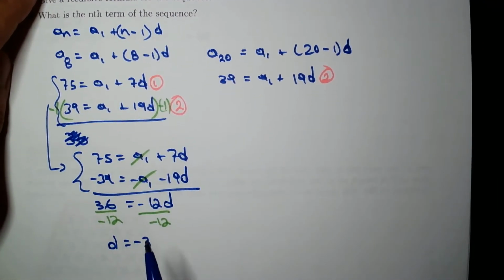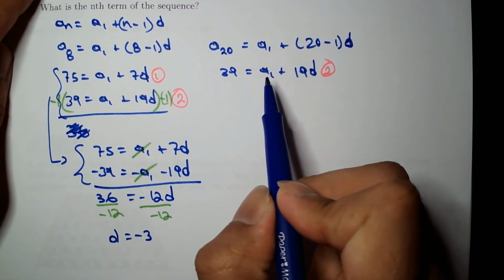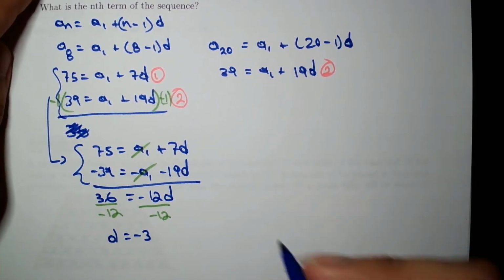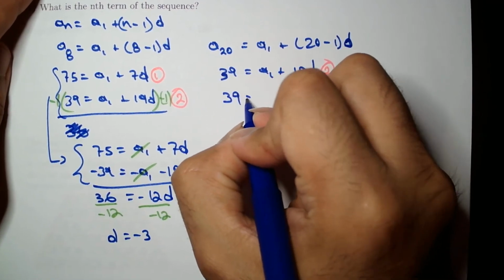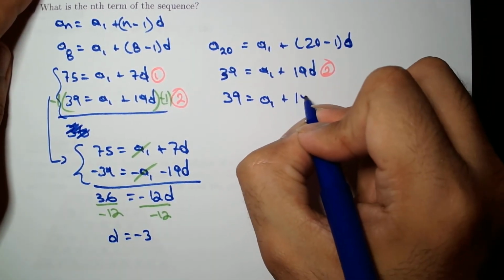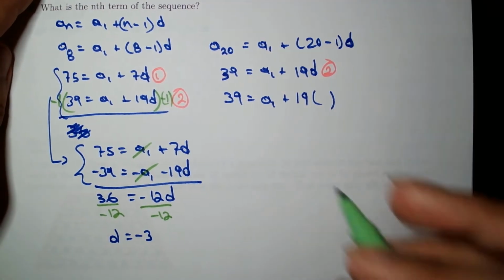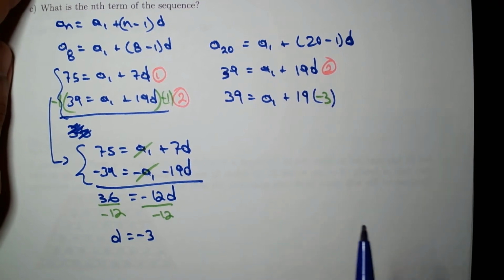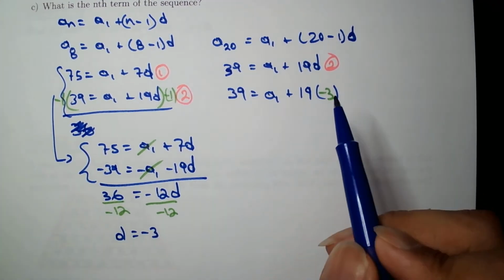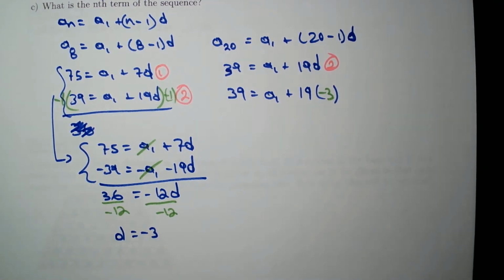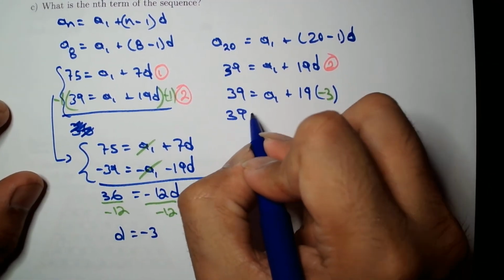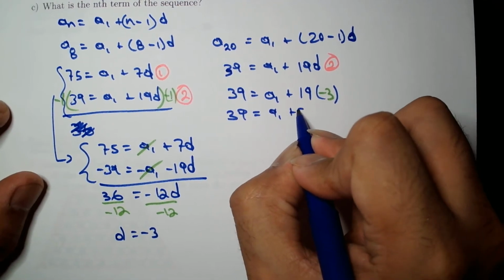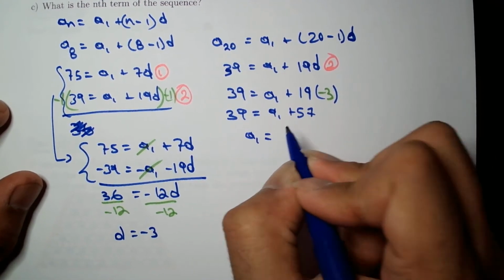And now, well, we can plug in this d equals negative 3 in any of the equations. I'm going to use 2 here. So 39 equals a sub 1, and we use that to find the first term of the sequence, plus 19 times negative 3. Well, let's use a calculator in this case. 19 times 3, that's 57. 39 equals a sub 1 plus 57, and a sub 1 equals,